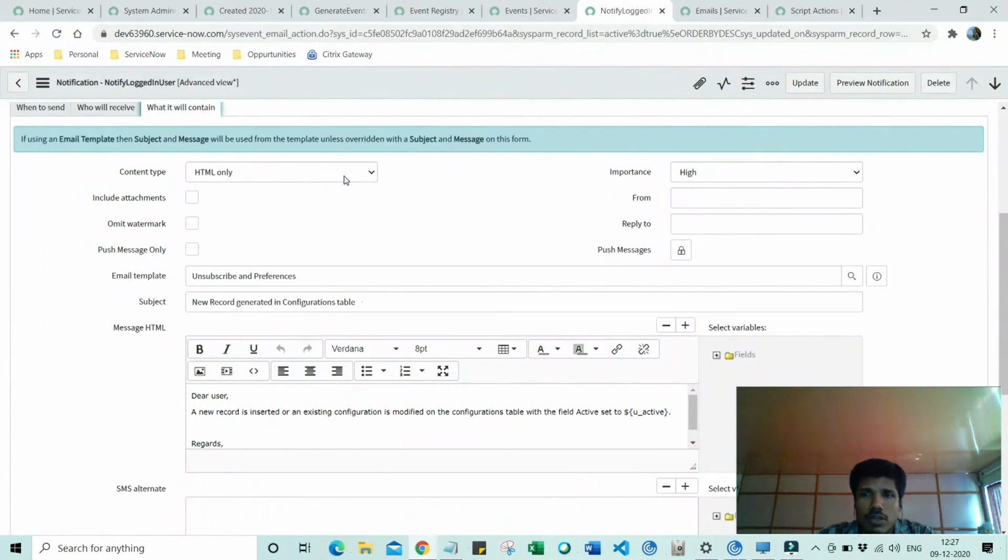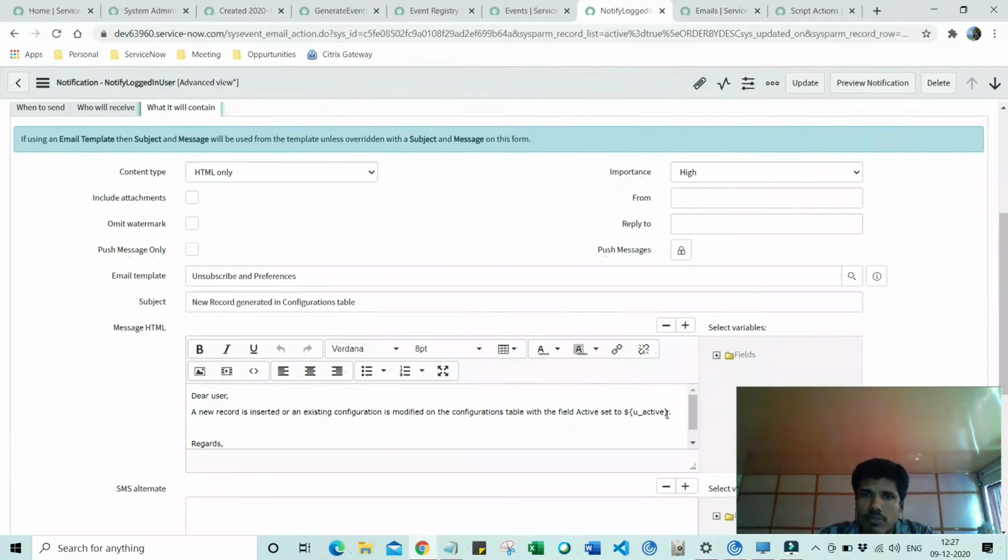I'm just designing a simple HTML notification. Okay. I'm not using any email templates or mail scripts over here. So I'm notifying the user saying, dear user, a new record is inserted or an existing configuration is modified on the configurations table with the field set active to this value.